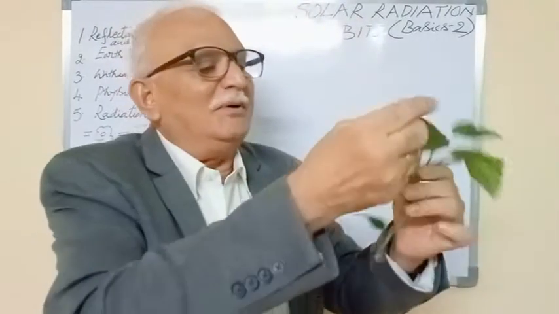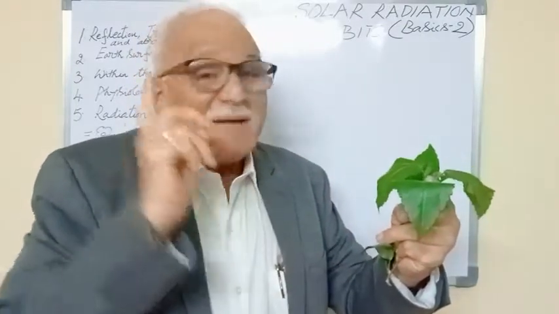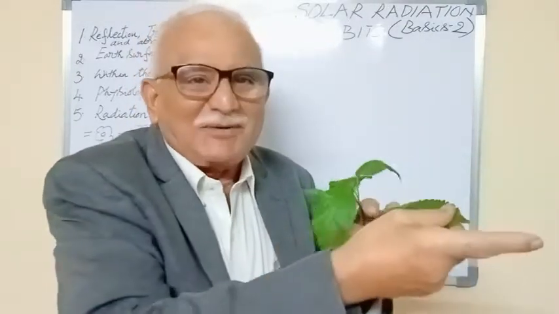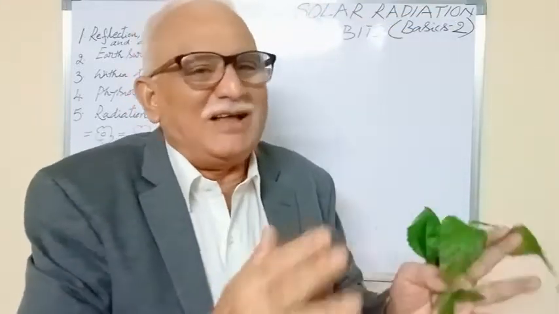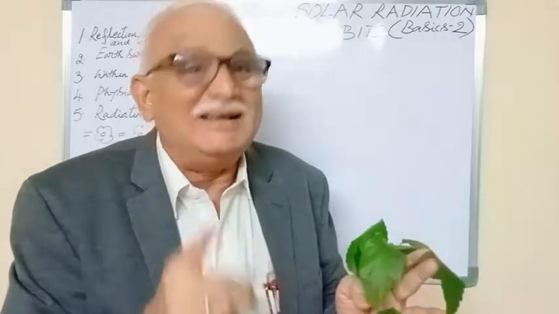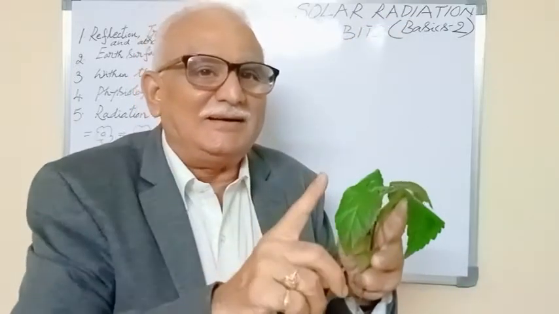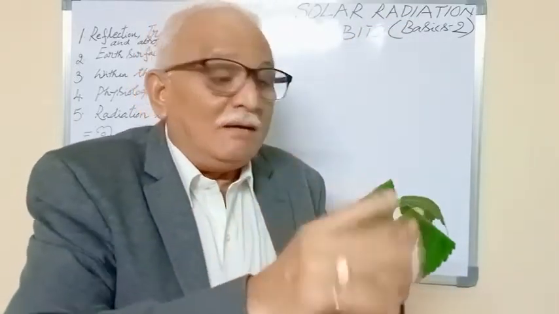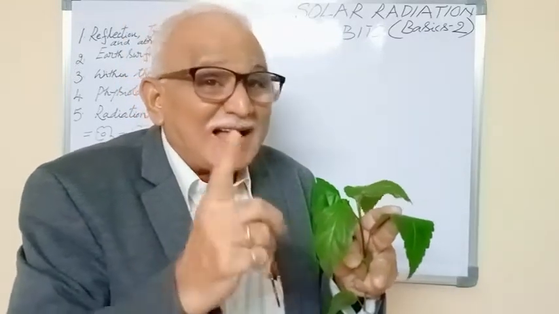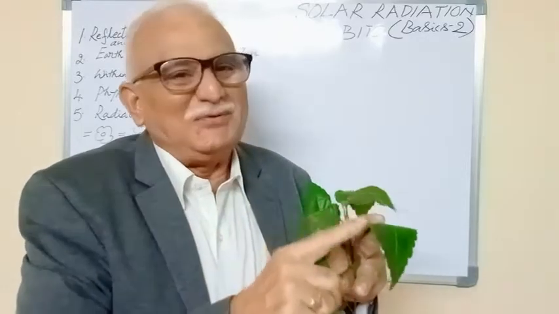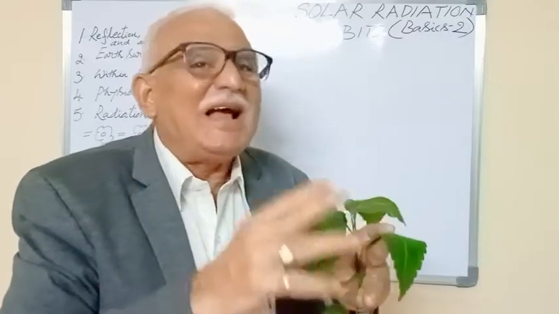Transmissivity: the ratio between the transmitted radiation to incident radiation. Absorptivity: the ratio between the absorbed radiant energy to the incident energy, we call it absorptivity. Already we discussed short wave and long wave radiations. Now, very, very interesting is that there is a term called emissivity. Emissivity is not related to incident. It is related to the emitted energy of a leaf as compared to black body.